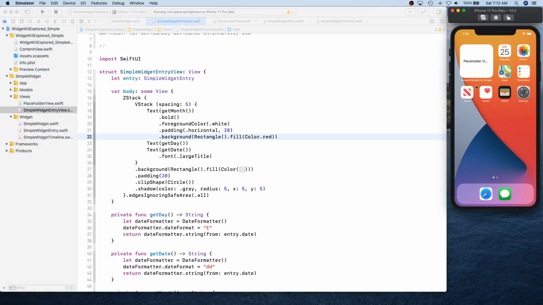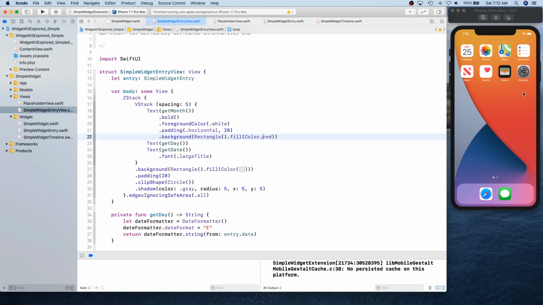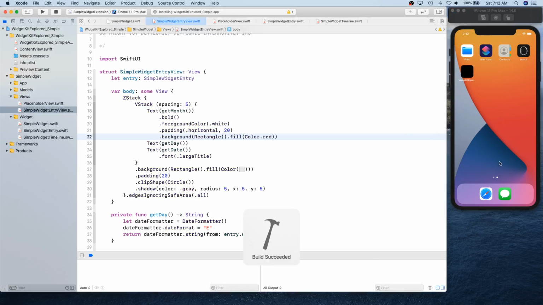So we have our placeholder view, I think. One thing you're going to notice, there's another bug that the placeholder view does not update sometimes. It still will show you the old placeholder view. Sometimes if you remove your app and then come back, it fixes that.